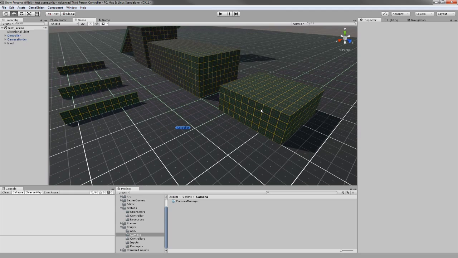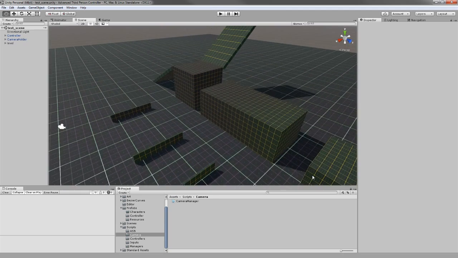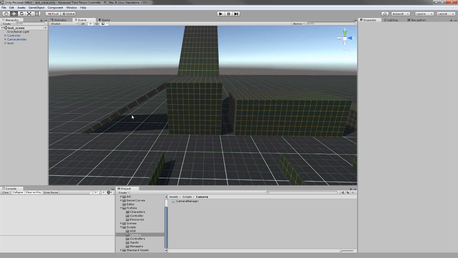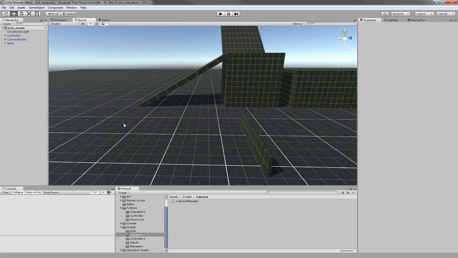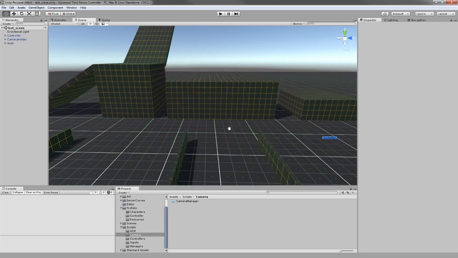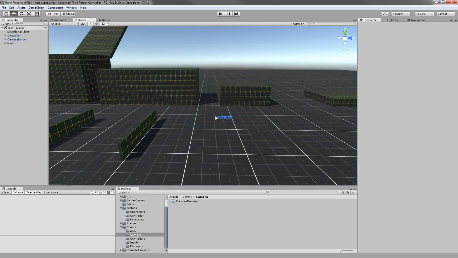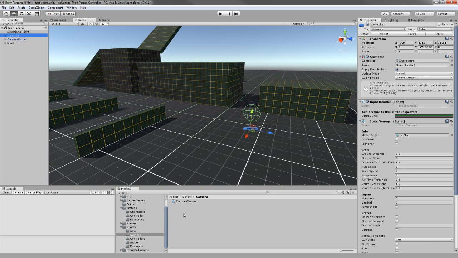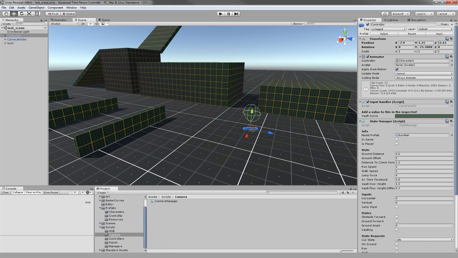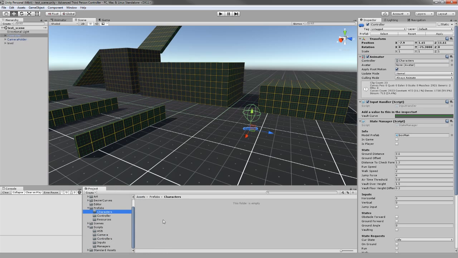since, you know, we have a whole climbing system and we have differences, playing different animations on inclines, declines, when falling from heights, and all cool stuff like that. So I'm going to do a few changes in the advanced third person controller first, and basically the only change I want right now is